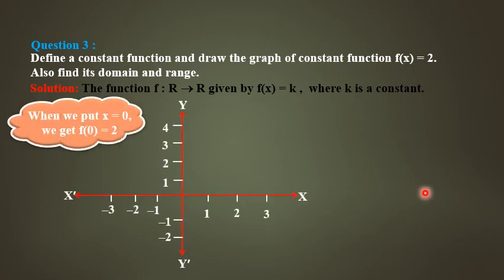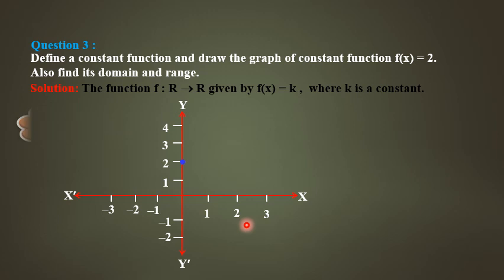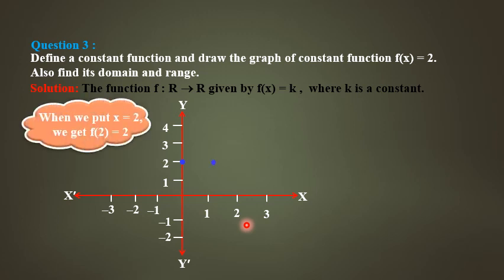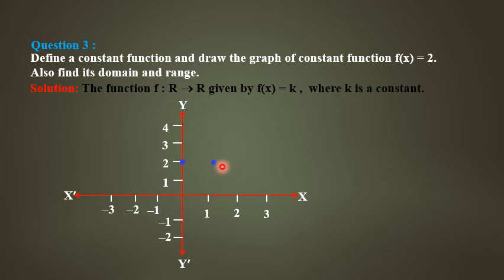Now look at this. We draw the graph for this. For x = 0, plot the point. For x = 1, again go on and substitute the values. Just find the f(x) values. In this equation, simply put x equal to any number, the y value is 2 only. See the points how I am getting here.